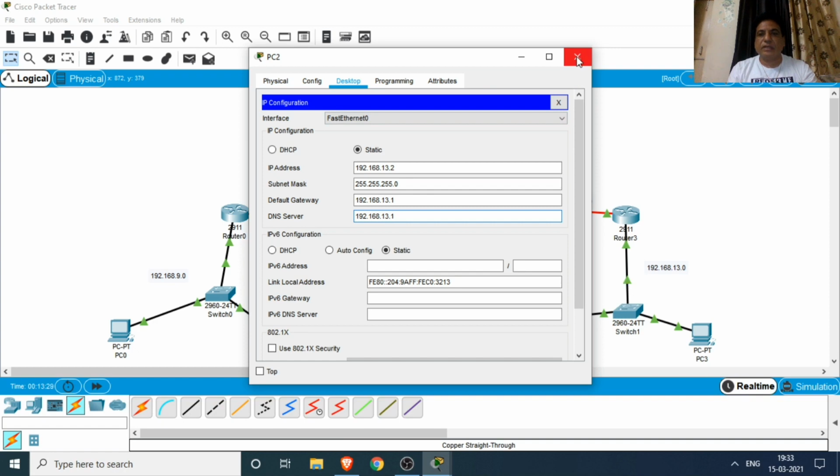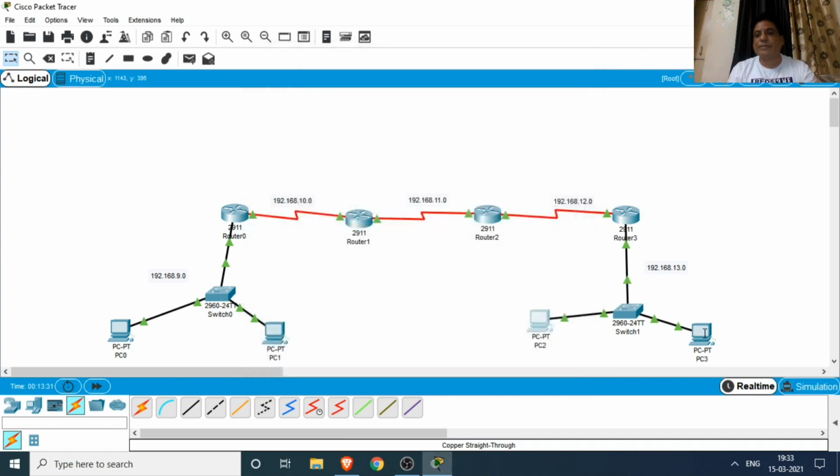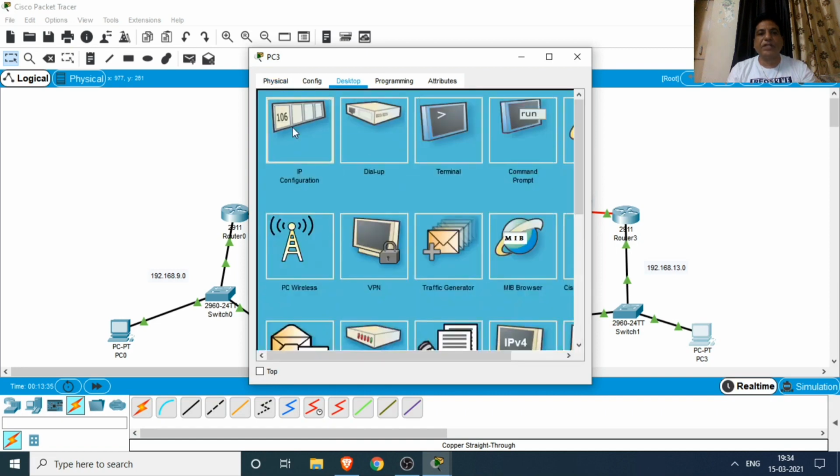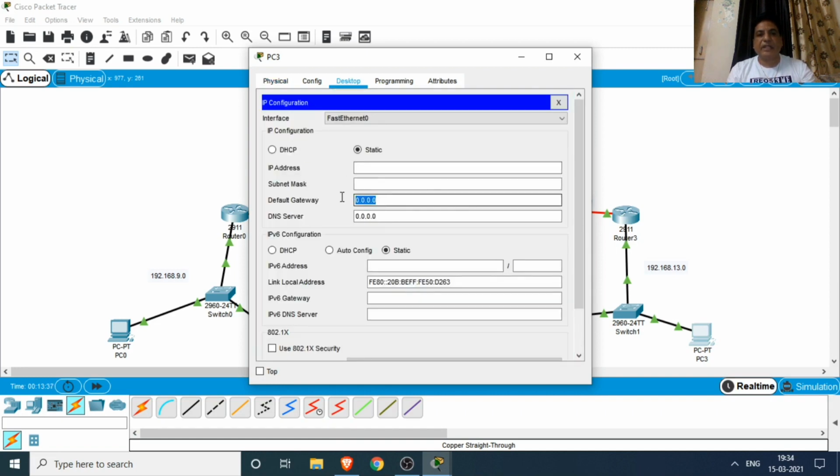Close the setting. Now we click on the last PC, go to the desktop, IP configurations. First we assign the gateway address, that is 13.1, DNS is 13.1, IP address for this PC is 13.3, and the subnet mask for class C.